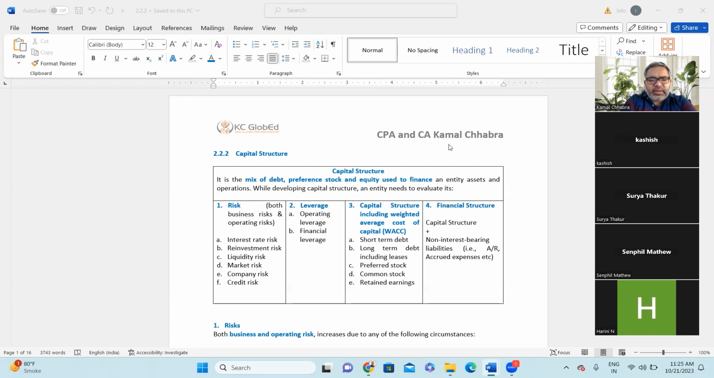Second, we'll be understanding in detail about the leverage. This is also a concept you might have studied during your costing classes in your college days or in your professional education: operating leverage, financial leverage, and complete leverage. So we'll be understanding that also in detail. If I go one by one,